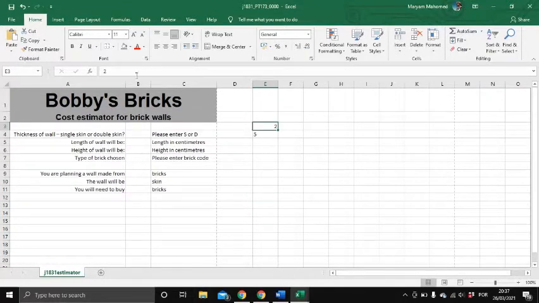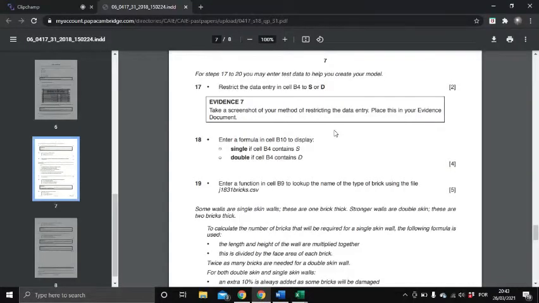Here, these numbers, I was just doing a test with the numbers, nothing important. Okay, so we can continue. The next question is very important, okay? It's about data validation, okay? So it says for steps 17 to 20, you may enter test data to help you create your model. Restrict the data entry in cell B4 to S or D. Then we have the evidence document, okay, where we have to show our method of restricting the data